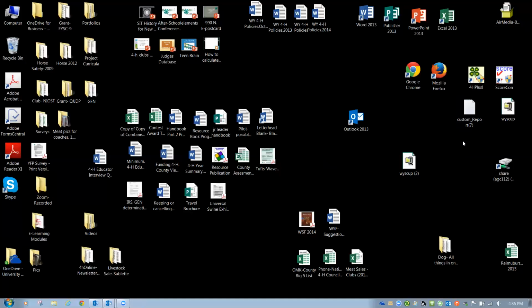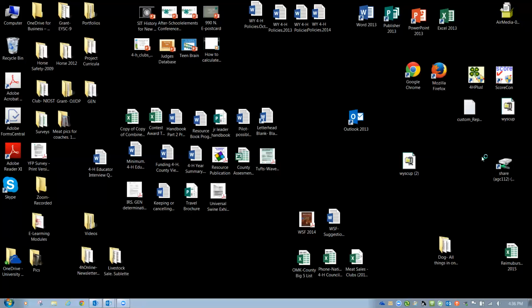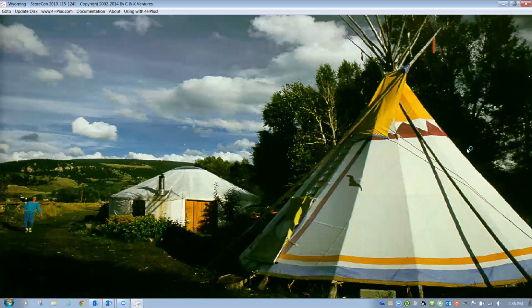Custom report 7. The next step now, on to step 3, is we have to go back into ScoreCon and process this file, import basically that data into ScoreCon. So we're going to open up ScoreCon. We're going to go to, as soon as it takes 6 seconds to get done running, we're going to go to Utilities,